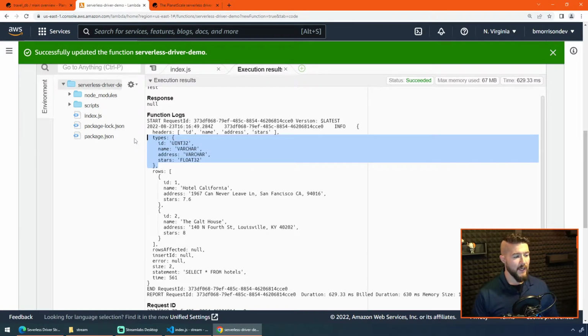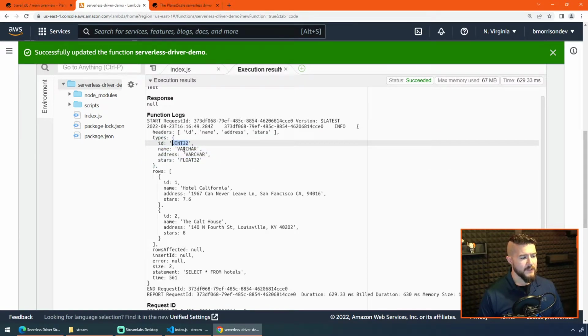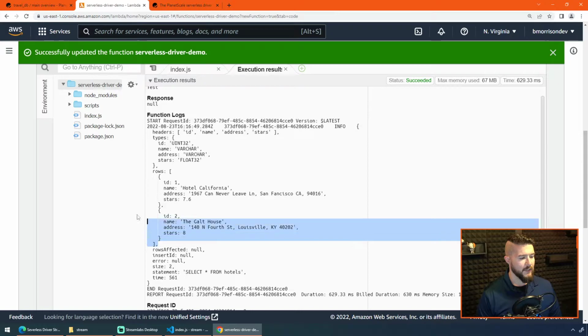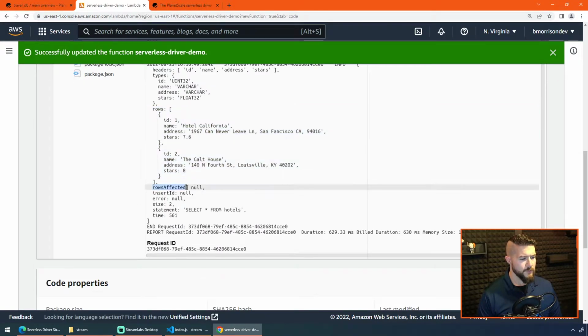We're also passing back types. So you can see the ID is an unsigned 32-bit integer, name and address are strings, varchars, and then stars is a float 32. Here's our rows. So results.rows would be able to get us this array of data as it comes through. Rows affected is going to be